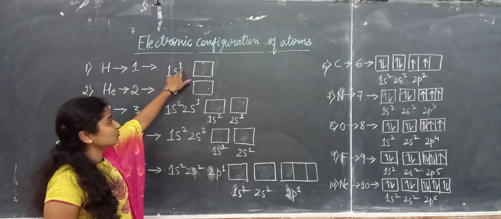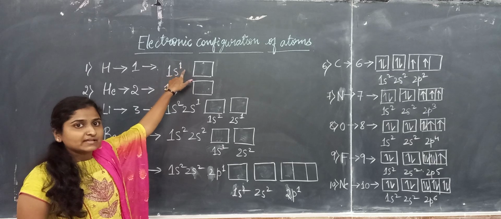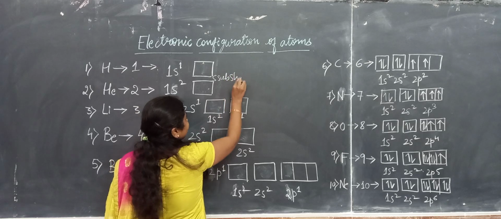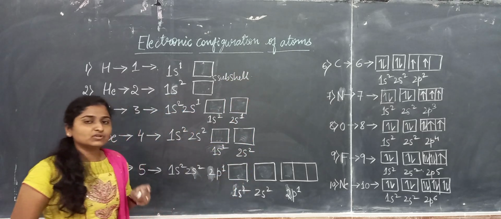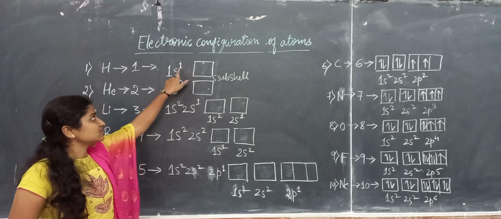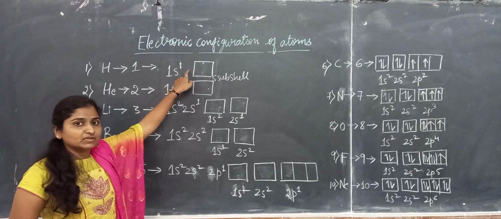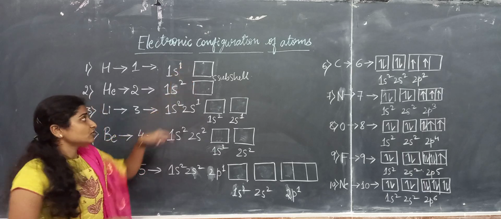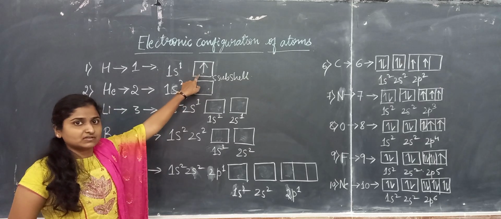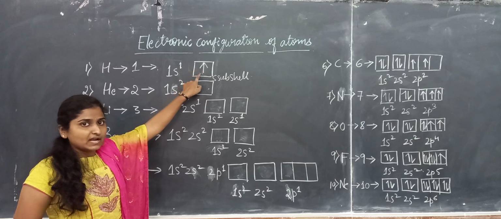We know that here there is only one electron in the s subshell, and we have to represent this one electron in the s subshell. So we are having here the s subshell. We know that the s subshell has only one atomic orbital, that is represented with a single box. So that single electron enters into the lowest energy orbital. Here the lowest energy orbital will be the s subshell. So the single electron enters into the lowest energy subshell, that is the s atomic orbital of the hydrogen atom.